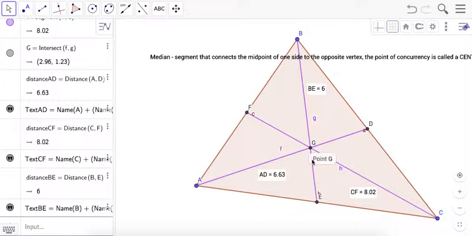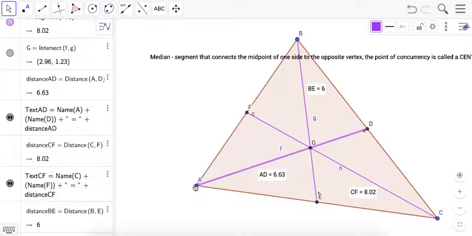We've got this piece from B to G, and then we've got this piece from G to E. So we have the big piece, B to G, and a little piece, G to E. And that's the same with this median here as well. We have the big piece, A to G, and the little piece, G to D. And for this median right here, we have the big piece, C to G, and the little piece, G